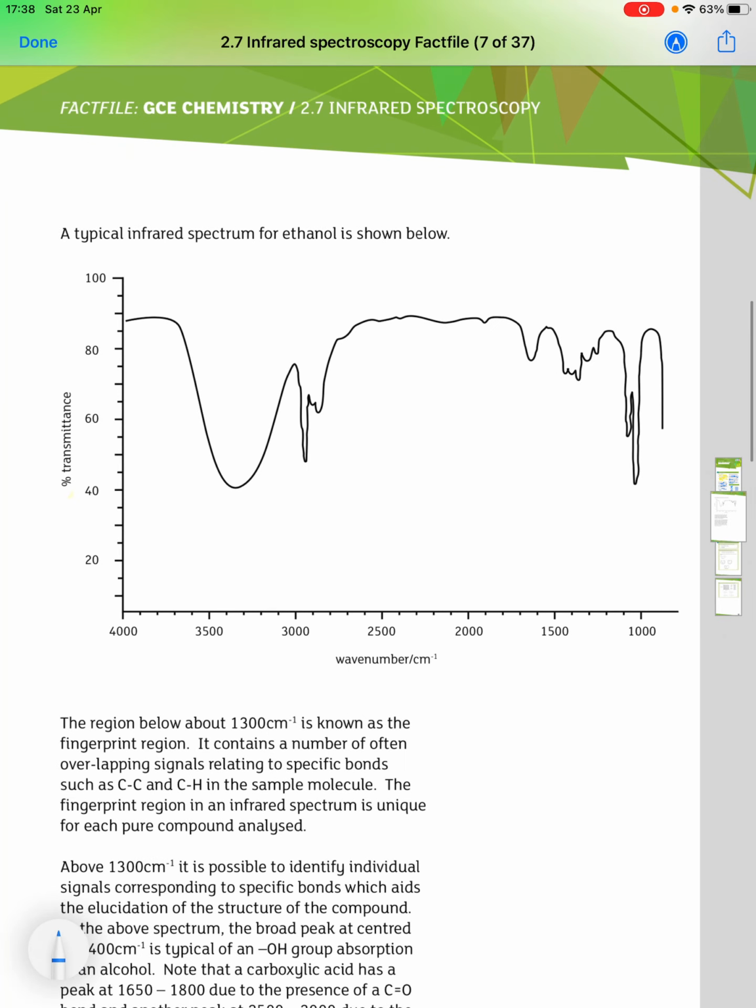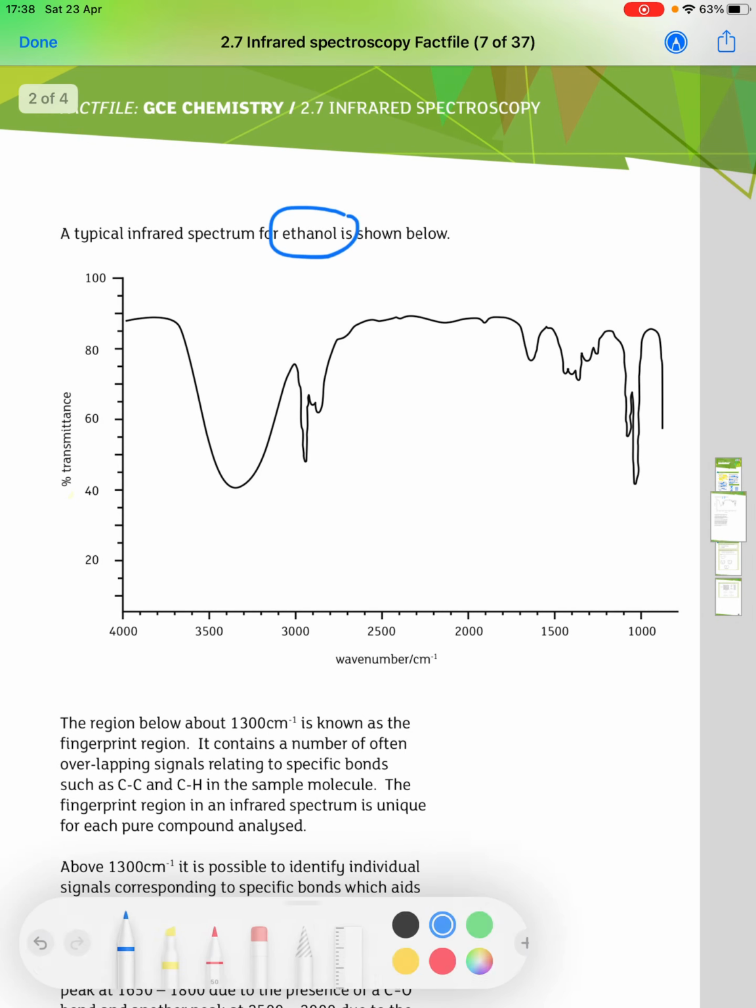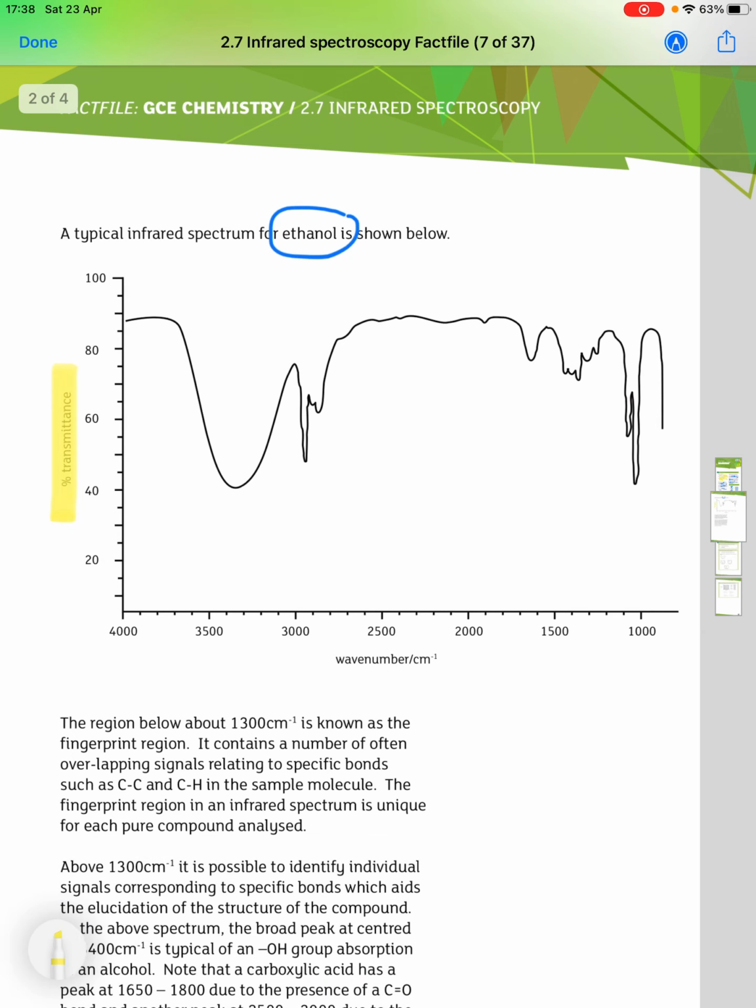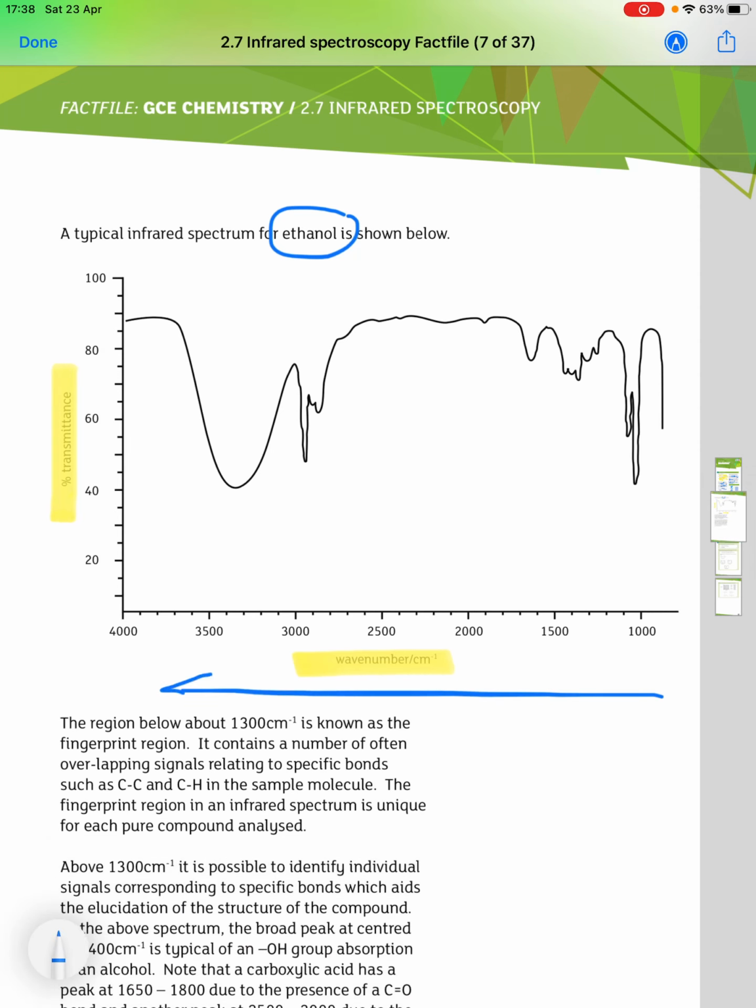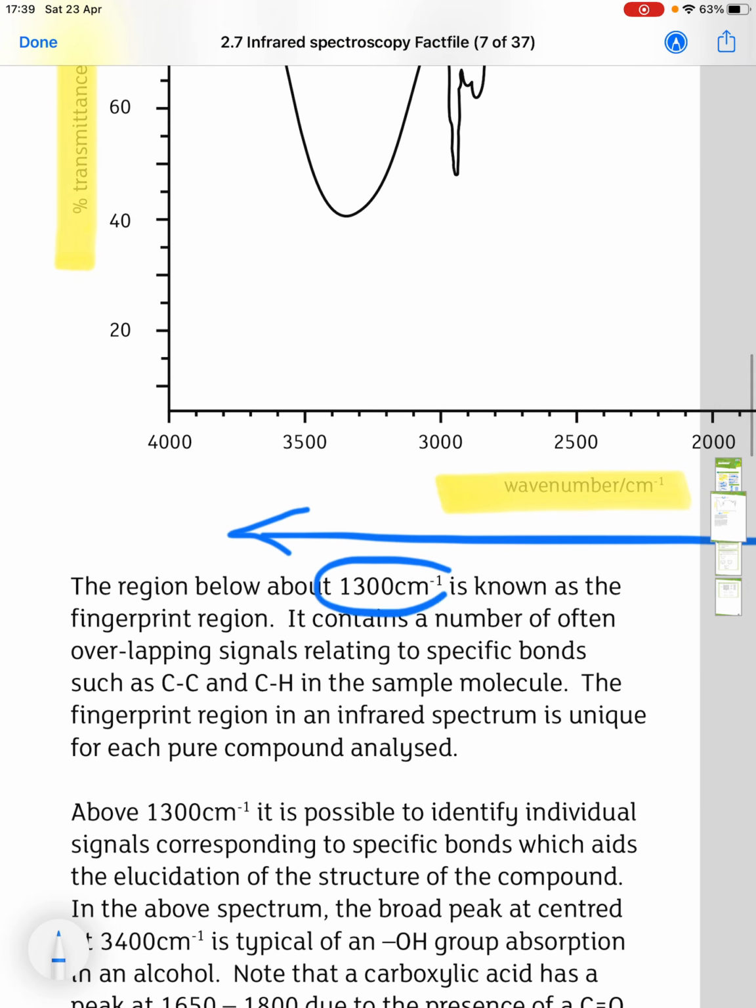So we have an infrared spectrum for ethanol, which is shown here. And you see percentage transmittance at the side on the y-axis and wave number along the bottom. And you'll also note that it increases from right to left, which is the opposite of what you would draw on a normal graph. So the region below 1300 is known as the fingerprint region, and it contains a number